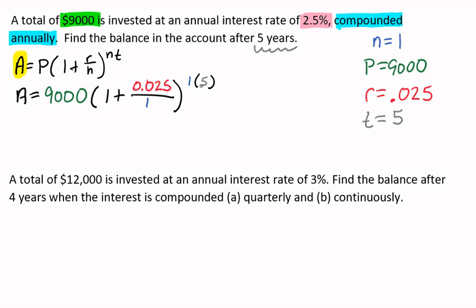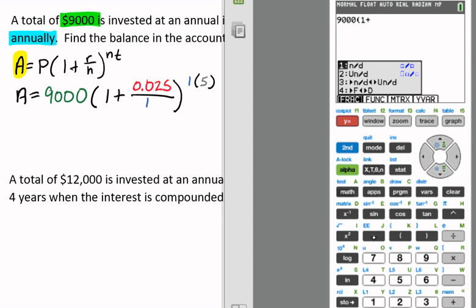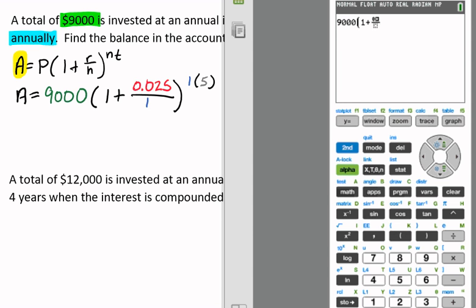And so we can actually plug this right into our calculator. So we've got our calculator. We have 9,000 times 1 plus, we'll put in our fraction, so 0.025 over 1, parentheses, and we're going to raise that to the 1 times 5 power, and that's going to give us an answer of